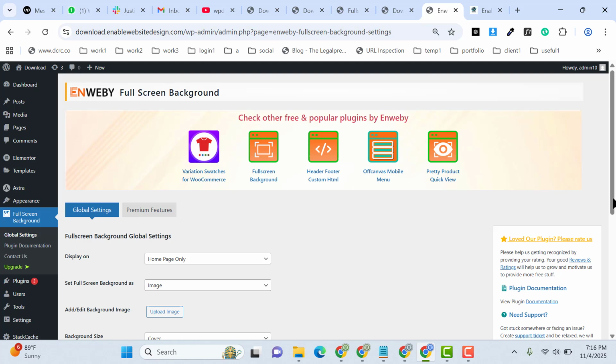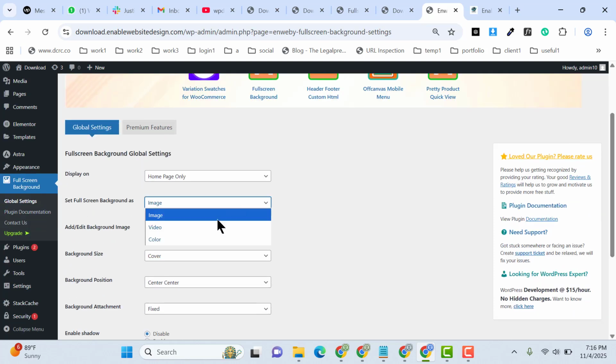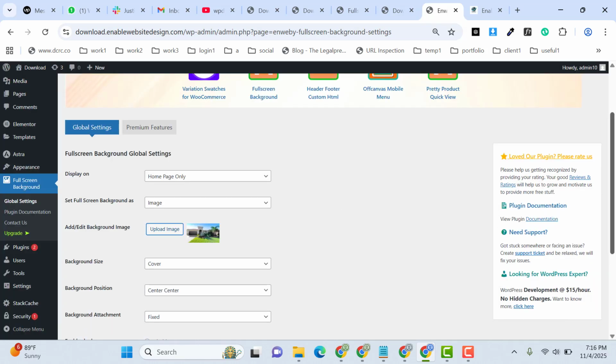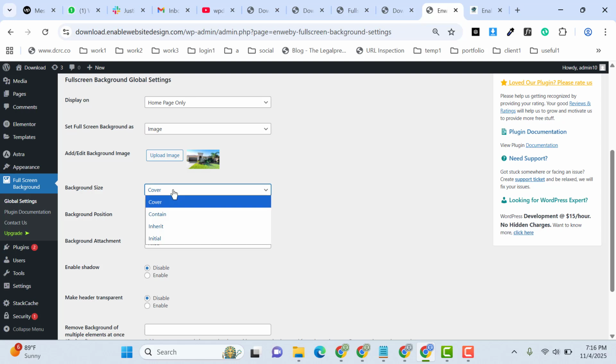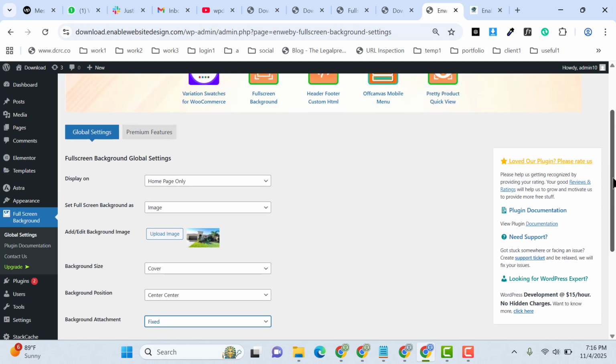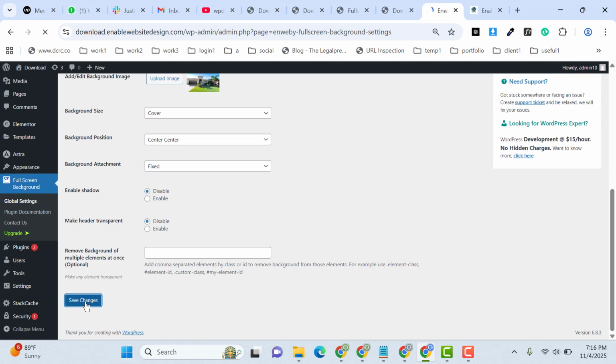Then here you can see you can select a full screen background image, video and color. So let's see, at this moment I want to select this image, and here you can select background size, then position, background attachment. Here you can see fixed, scroll and different other options. Then click on save changes,